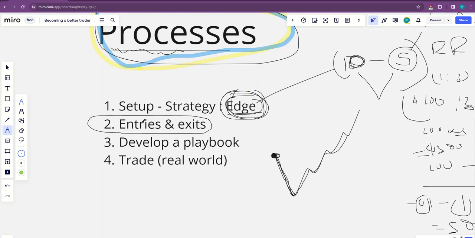So now when you have a setup, you have your own entry criteria, and you have developed a playbook that works for you, something you understand, something that is close to your heart, something you know more than you know your mobile device. So you know when your setup is there, you know how your setup should look, you know how your entry should look, all the criteria that has to be met before your entry. Now that's when you're gonna start.